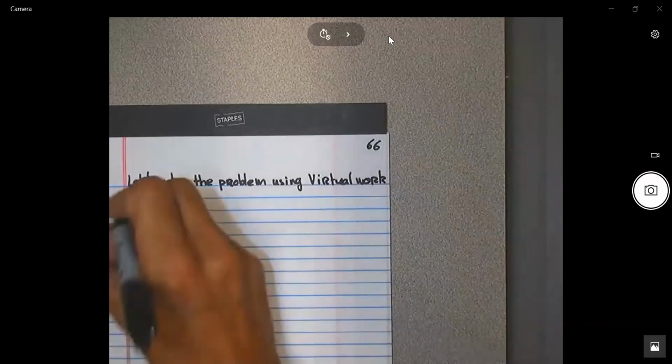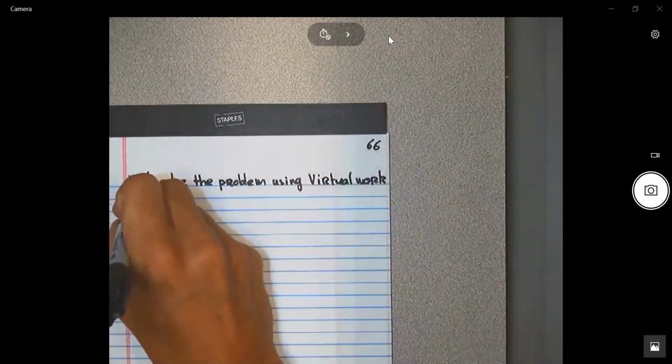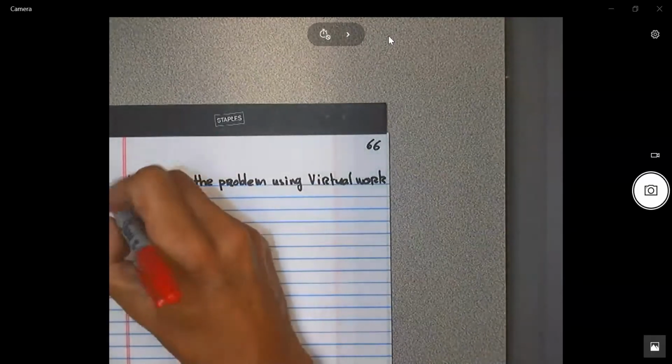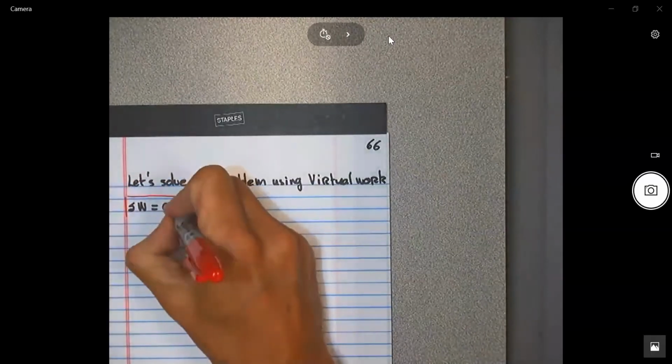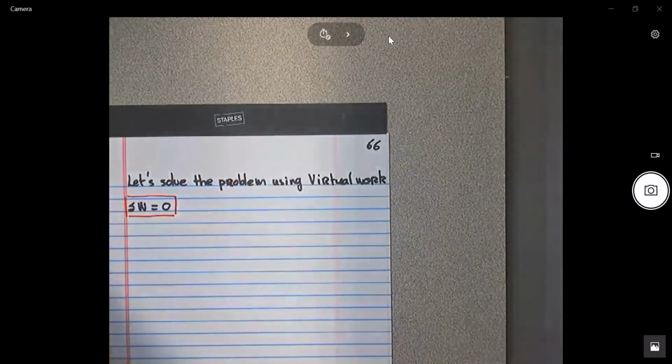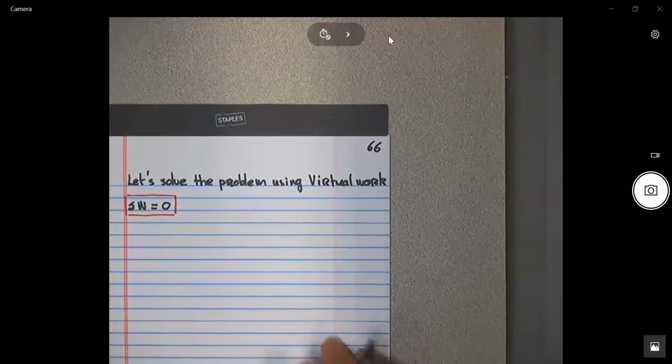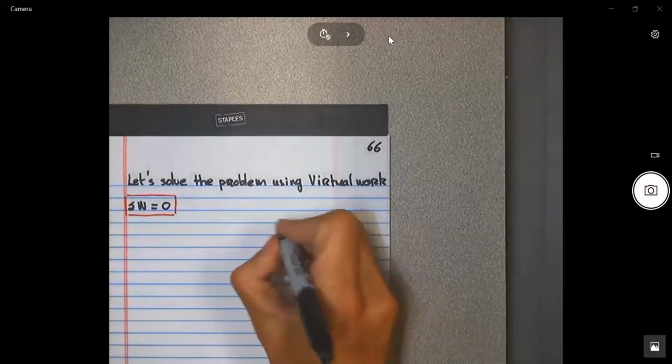Okay? So the virtual work equation is this one over here. I will summarize it at the end, but the whole idea here is to assume a virtual deformation. So if I do the figure over here again,